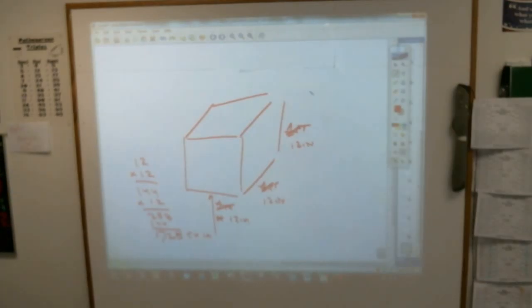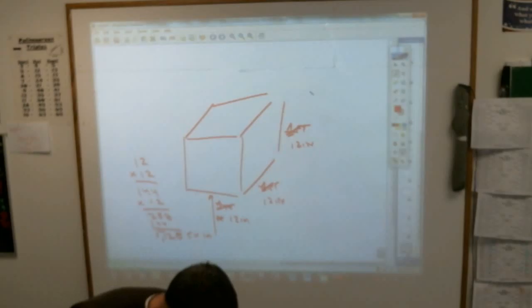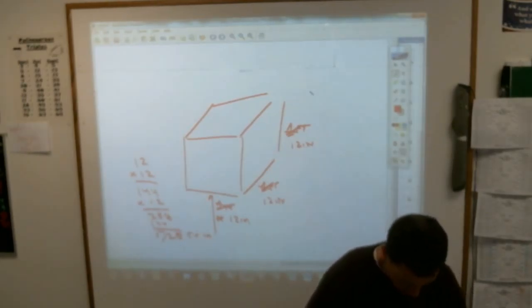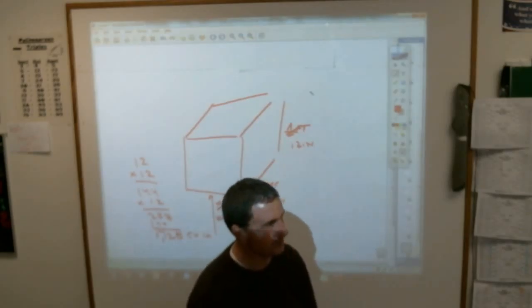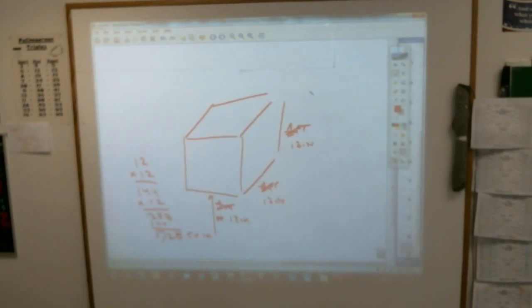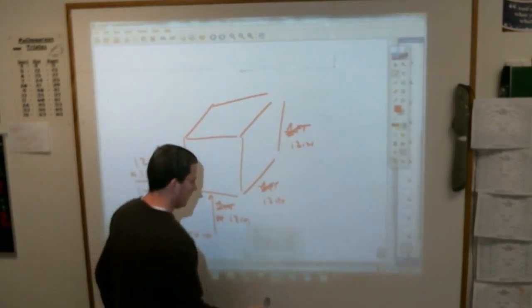That's a lot. How about this? How many cubic feet would be in 1 cubic yard? If I had a cube that is 1 yard by 1 yard by 1 yard, it'd be about this tall, this wide, and this wide. How many cubic feet would that be? Isabel? 27. It would be 27. That is unbelievable. Other things that use volume. When you go to the store and you